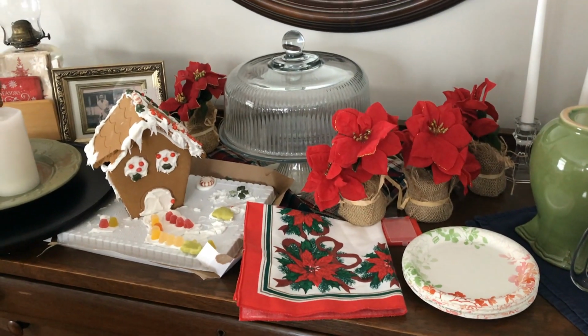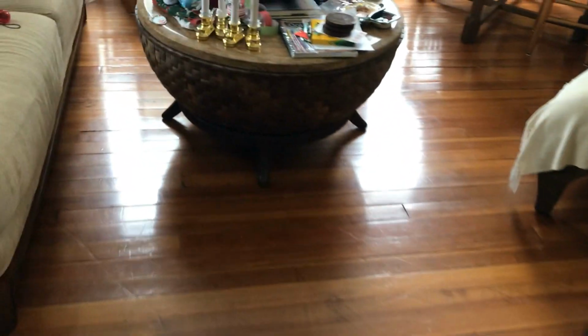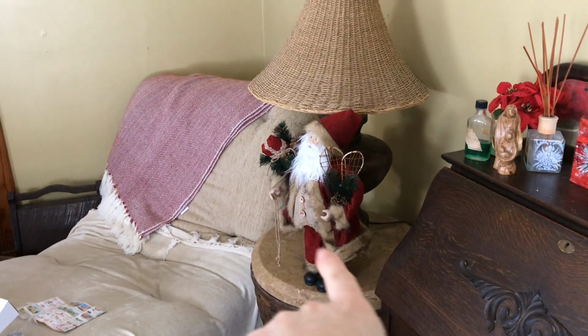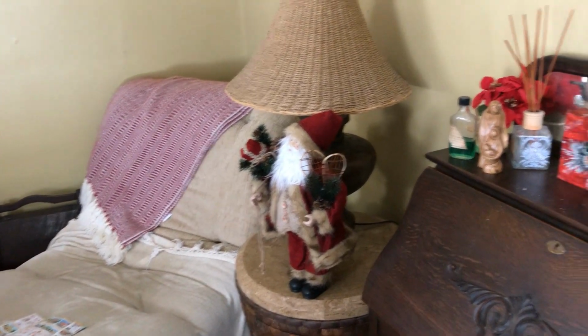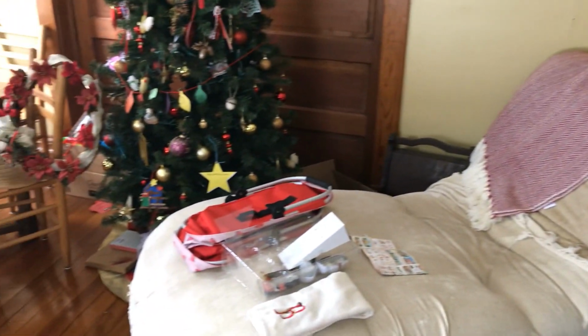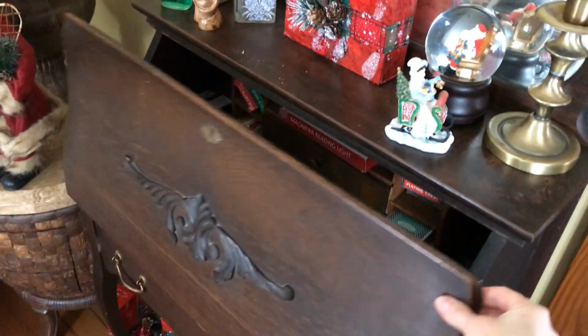So this is going from the dining room, and we'll go through the entryway here to the front room, and it's kind of chaotic. So here's our sad tree with the lights off. That Santa there was actually over by the window. It got moved because my daughter was playing over there by the window. So I had some decorations up there on that nice old desk. You know, this comes out, not drop leaf, I can't think of it, but